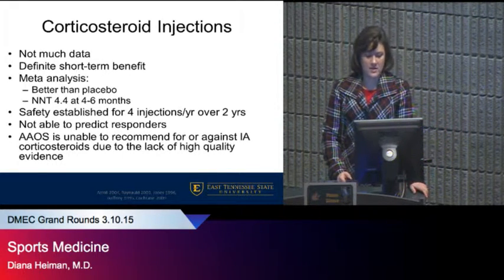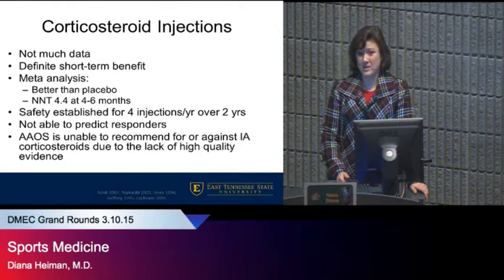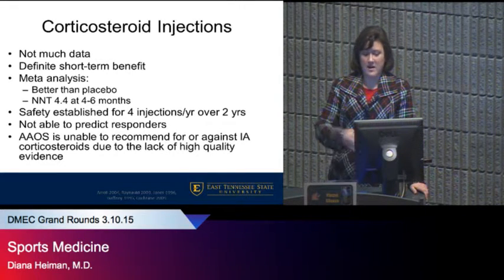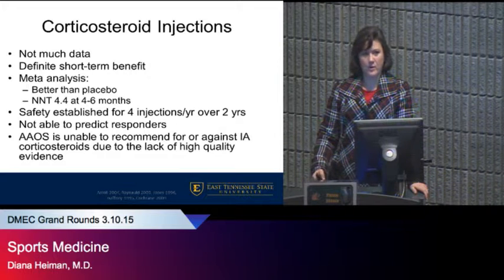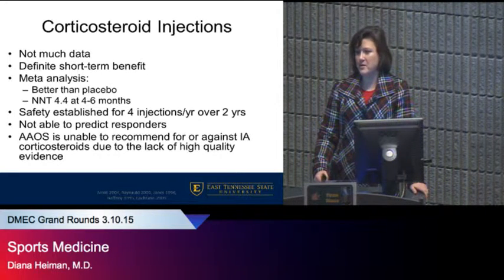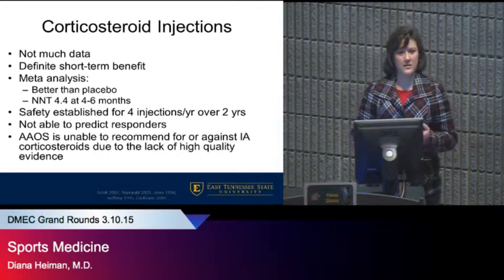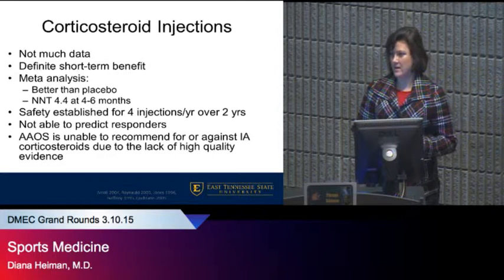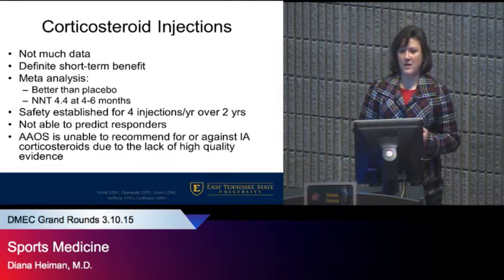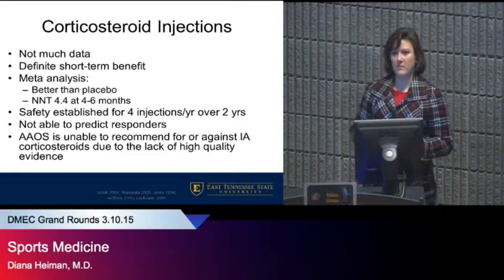There was a meta-analysis that showed it was better than placebo with an NNT of 4.4 at 4 to 6 months. So that really is a very good NNT. But again, we don't have a whole lot of really robust data. Can't predict responders, and safety is established for 4 injections per year over 2 years. Some of the other intricacies or issues, different steroids have not been studied head-to-head. There's no data on what amount of steroid, what amount of